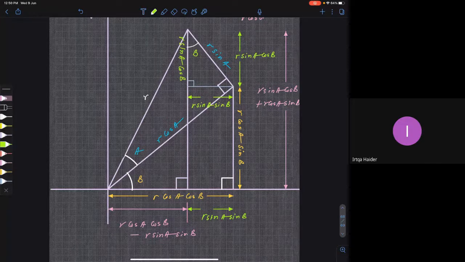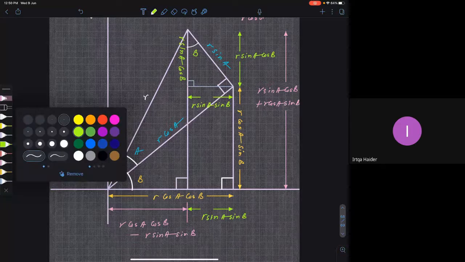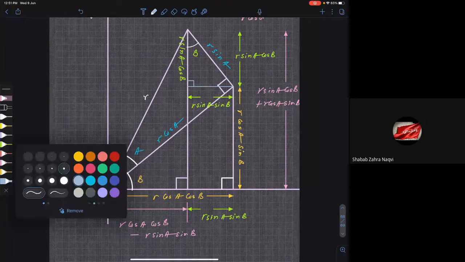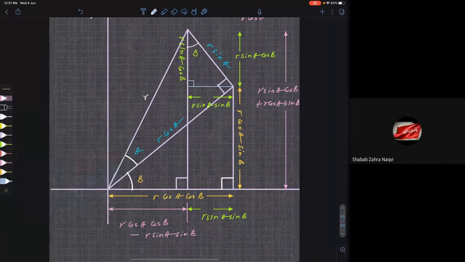Yes, sir. Now if you look at this big triangle containing angle A plus B, अगर आपने ये triangle देखा, कौन सा वाला? ये वाला. A plus B term. Let me draw in different color here. See, अगर आपने ये triangle, okay, ये तो बहुत बड़ा है. So अगर आपने ये triangle देखा, ये वाला, दिखाई दे रहा आपको? Yes, sir. ये triangle.